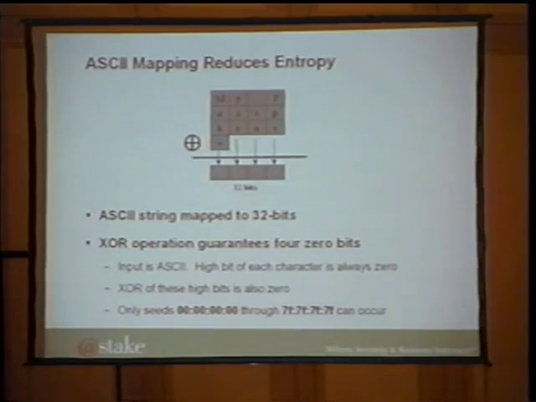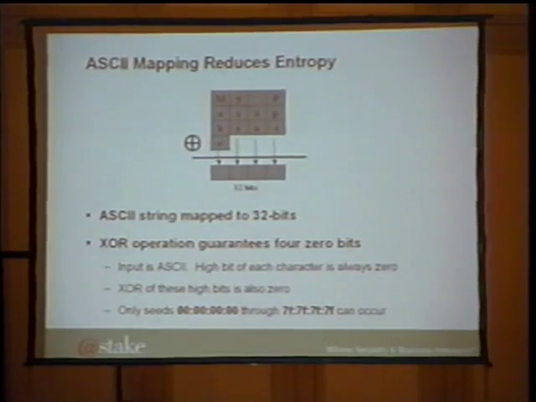In the next step, where we actually did the exclusive OR of the characters, it's important to note that since these characters are ASCII, all of their high bits are 0. When the exclusive OR operation is performed on these values, the resultant value is also going to have a high bit of 0. So of these 4 numbers that were generated to form the 32-bit value, 4 of the bits are always 0. So now the entropy is at most 28 bits, or 32 minus 4.